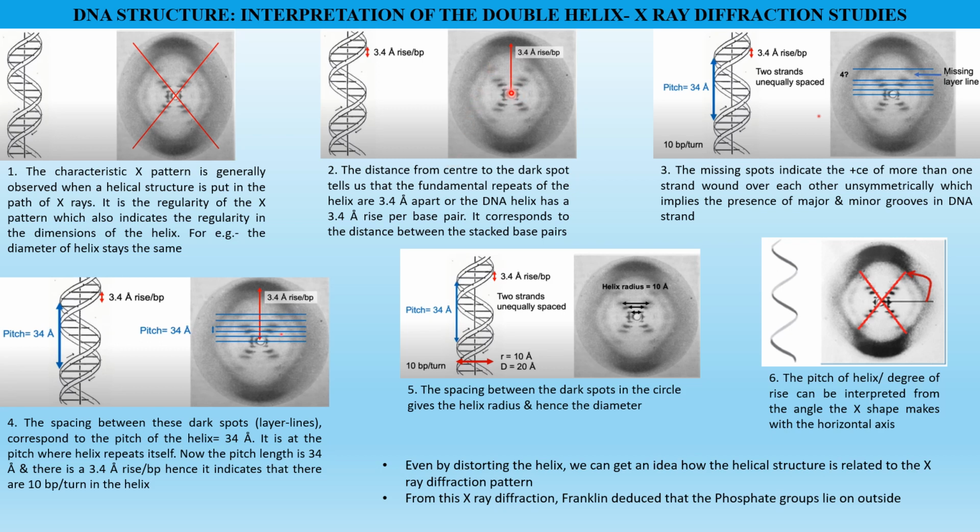This is the center to the dark spot over here. You may see a very dark spot over here, which is actually 3.4 angstroms. The distance between each layer line was 34 angstroms, and this is 3.4 angstroms,